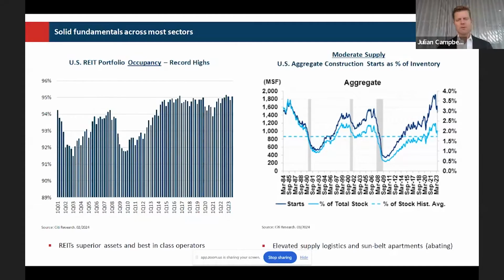But importantly, the demand and supply dynamics for the vast majority of property sectors are in pretty good shape. And that's high occupancy and moderate levels of supply. Importantly, we're already seeing new development starts decline fairly substantially, particularly for those areas where you did see a pickup in supply through the COVID period. And that was things like US logistics and Sunbelt multifamily. New starts in those segments are already down over 50%. And that helps to underpin the returns for those sectors as that supply is digested. But by and large, it's not been a real estate cycle which has been characterised by excessive construction.